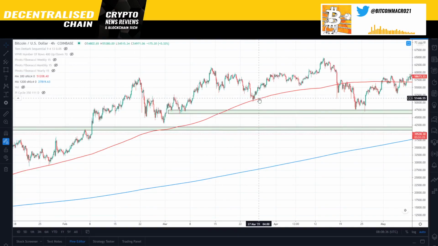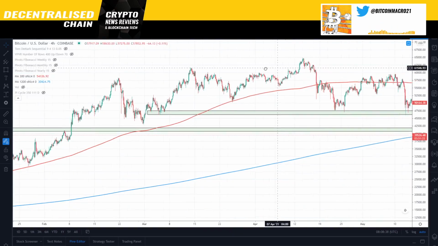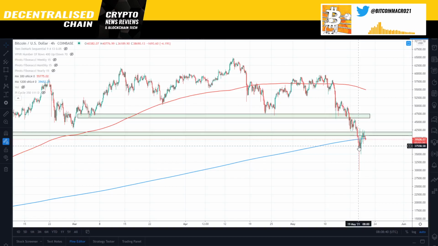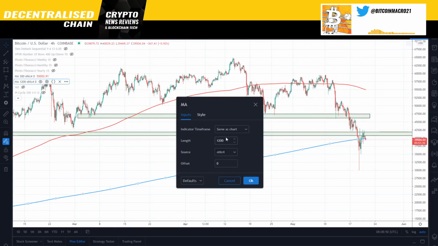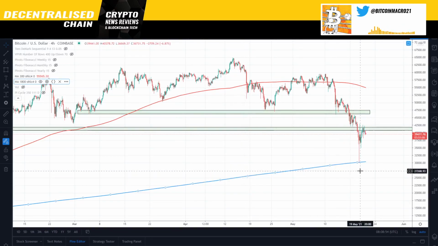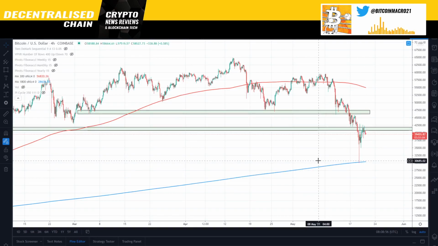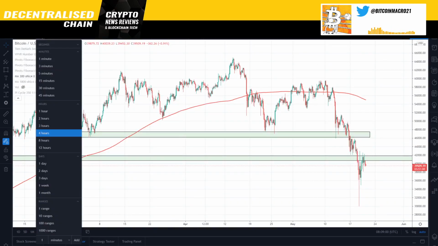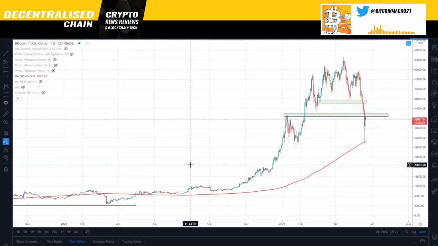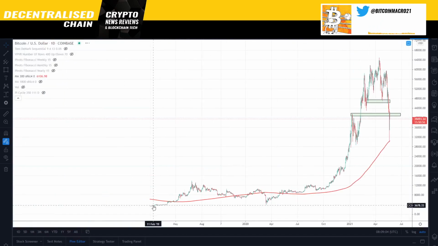That was not a good sign, like I mentioned in the previous videos. And once that broke, it went much lower. However, I just expected this one to hold at least for a little bit. But once that broke, the next one, guys, is the 300-day moving average, which actually held the price perfectly. Now, if we go back and look at the 300-day moving average, at least historically, on some occasions,